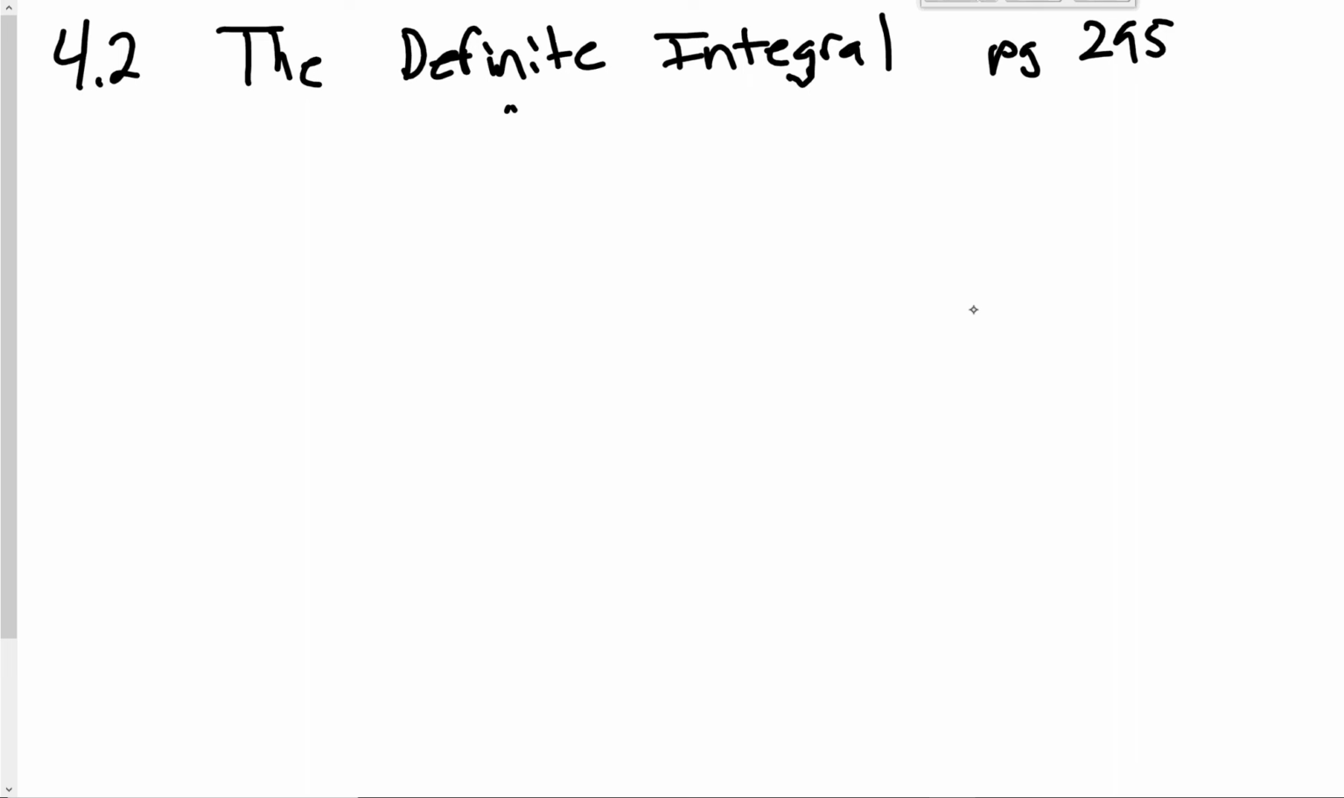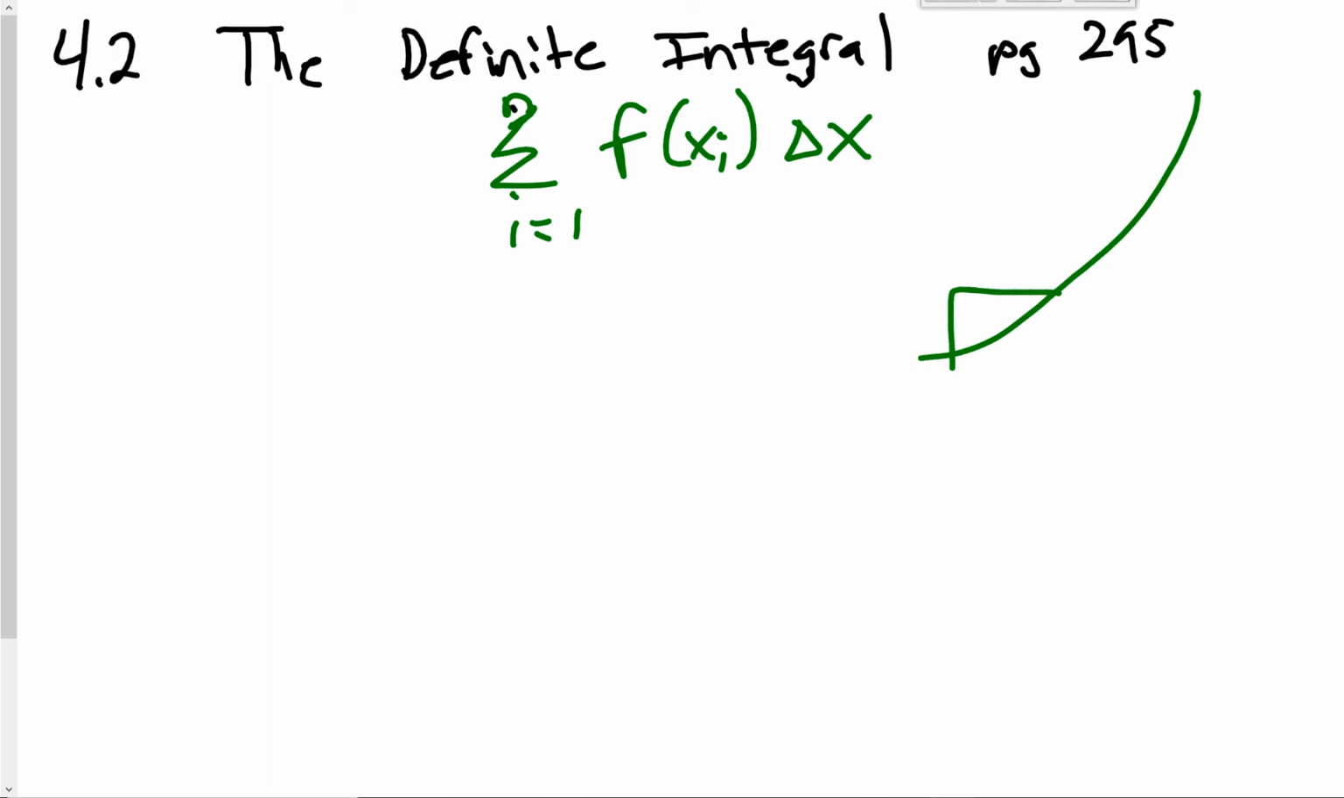The definite integral. So last time we ended with looking at sigma notation, going from 1 to n. And we said that this is called the Riemann sum times our change in x. And then we looked at, as we add those up more and more, as we look at those rectangles,